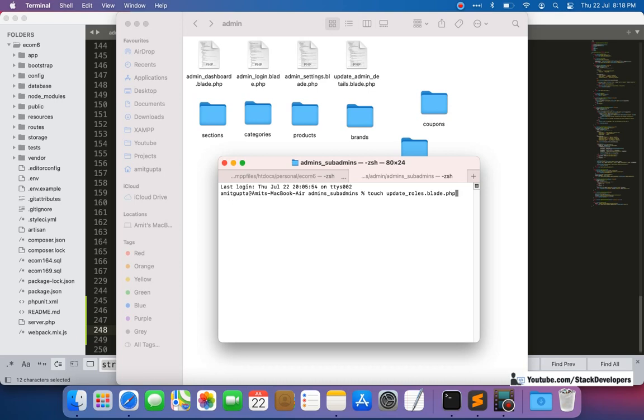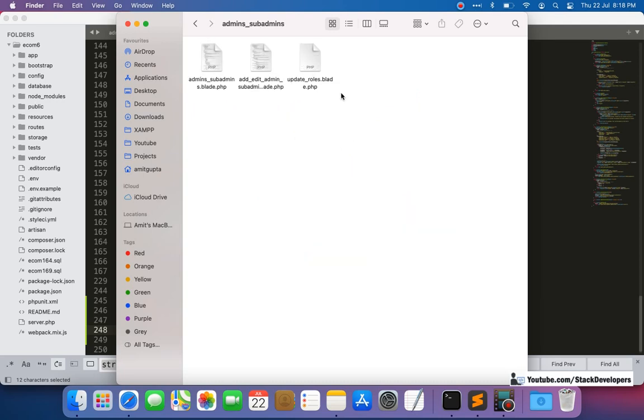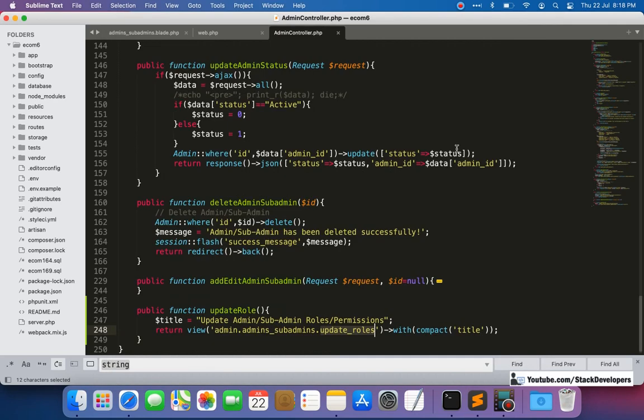This is the way to create the file in Mac, with the touch command. But in Windows, you know how to create a new file inside the folder. Just right click, you can create a new file as a notepad. Then you can give the extension, it will create the txt file, I think, and you can simply rename that file with the name and the extension, and that is update underscore roles dot blade dot php file.